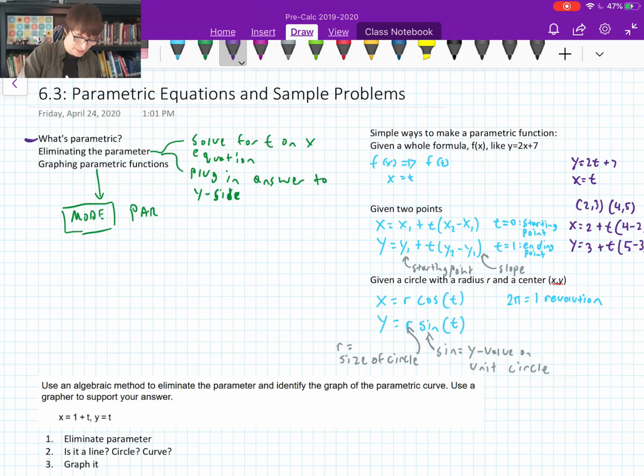What is parametric? The second idea is sometimes we need to take these parameters that are made and eliminate them to make it back into a function so we can understand it a little better and use it how we'd like. So let's say we have a really cool parametric equation that says y equals, not 2x, that's not parametric, 2t plus 4,